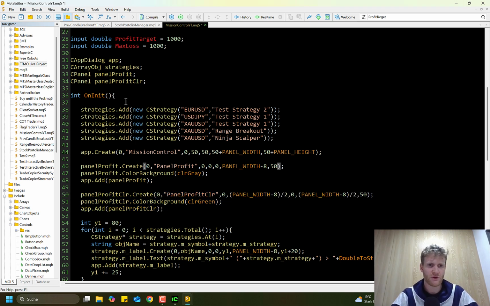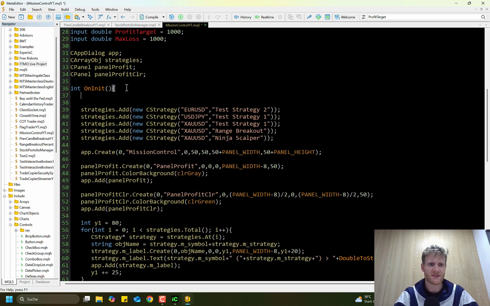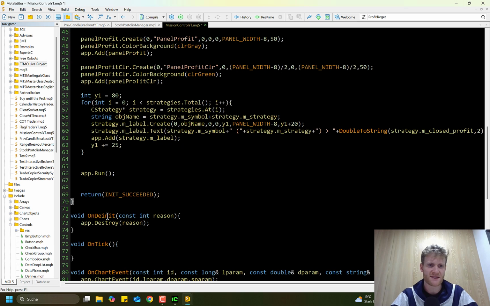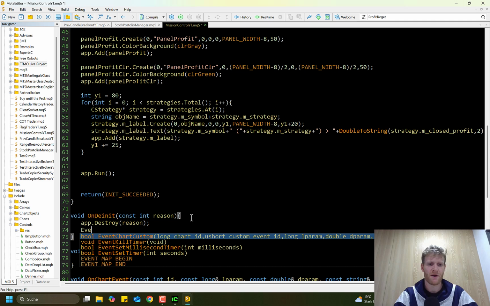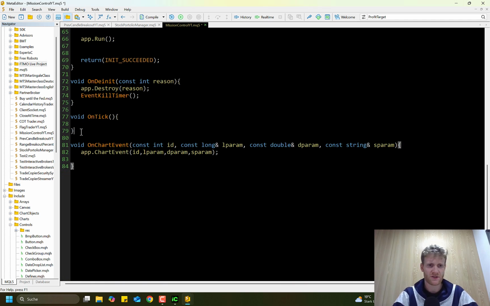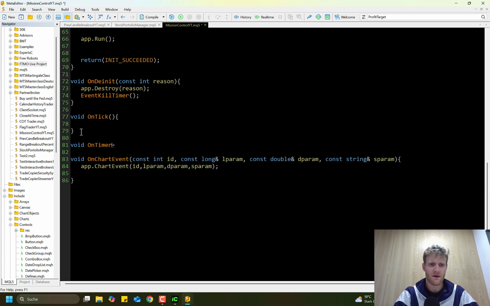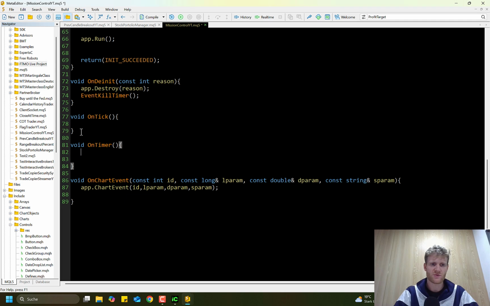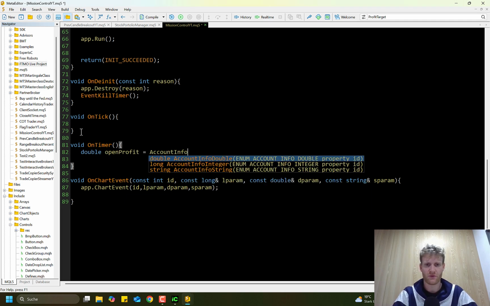So what we can do is say in our OnInit, we want to call EventSetTimer. We set the timer to 1 second, for example, and then kill the timer in the OnDeinit. And now we have access to the OnTimer function, which will be triggered every second. So what we can do now is get the open profit, which is AccountInfoDouble,